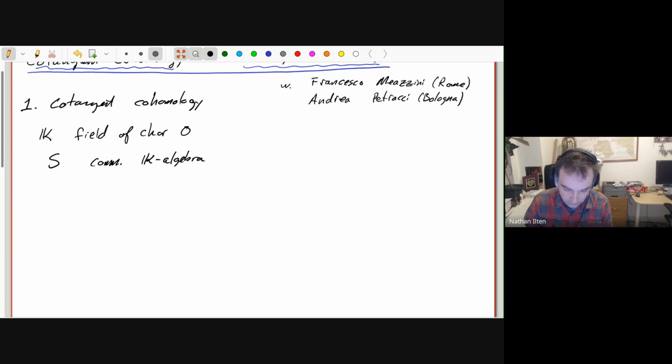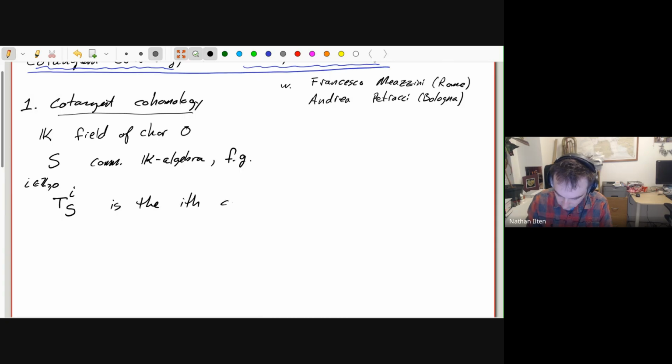And most of the time we'll probably be assuming that it's also finitely generated. That makes a couple things simpler. And so, what is cotangent cohomology? First of all, just some notation. Ti of S, where I is some non-negative integer, is the ith cotangent cohomology module